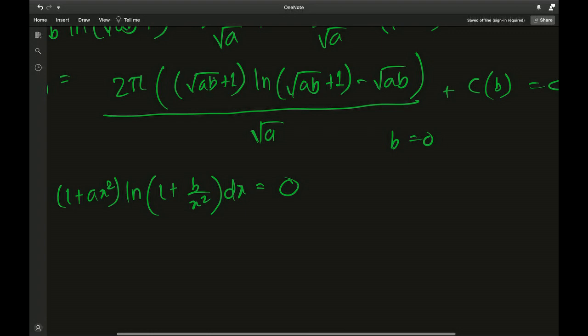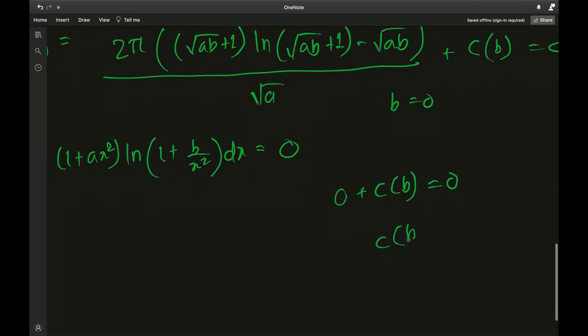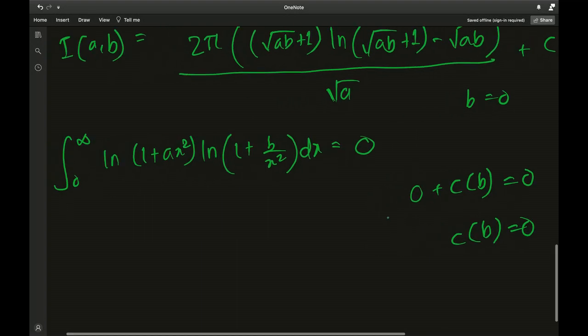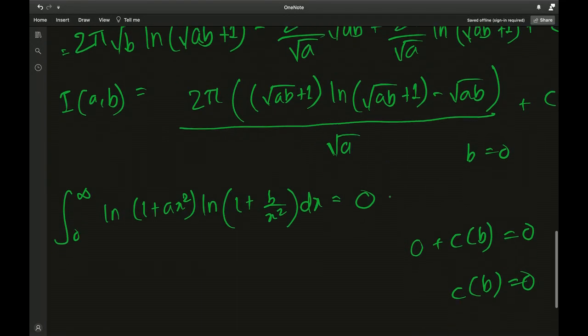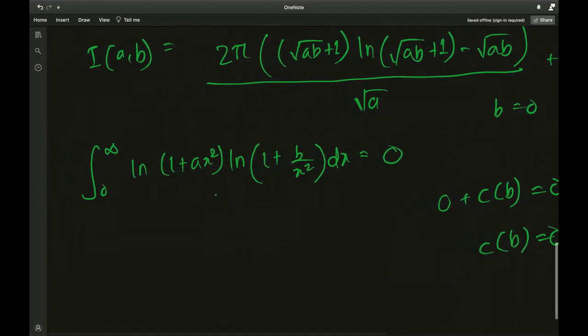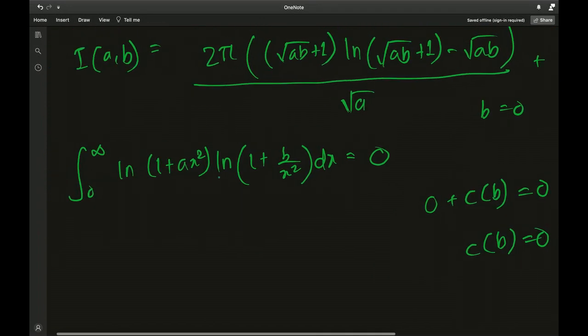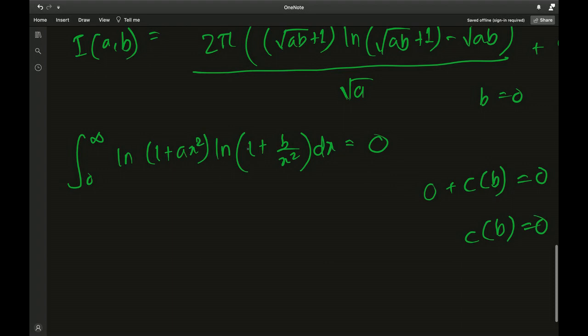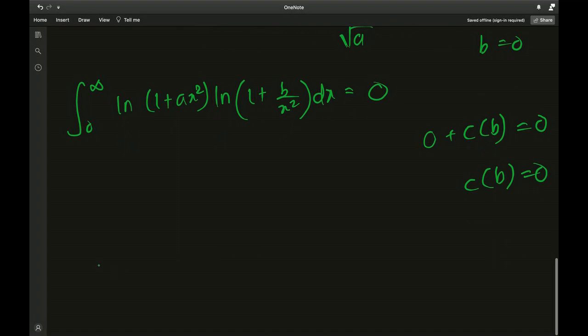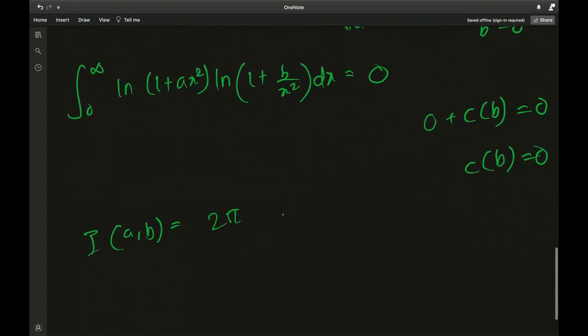So putting b equals 0 here, we have 1. Natural log of 1 will make the product go to 0. And even over here we have a 0 in the numerator. So 0 plus c of b is equal to 0, which means the constant is 0 again. That's the best part of having additions in the arguments of natural logs and then multiplying together. That's why I can say I of ab is just this ghastly expression: